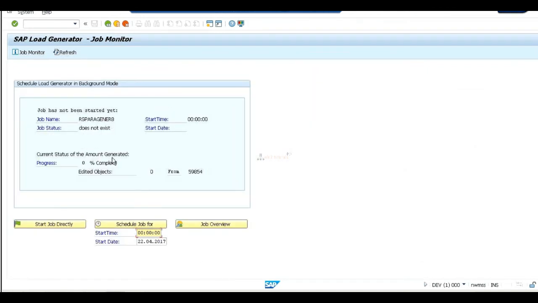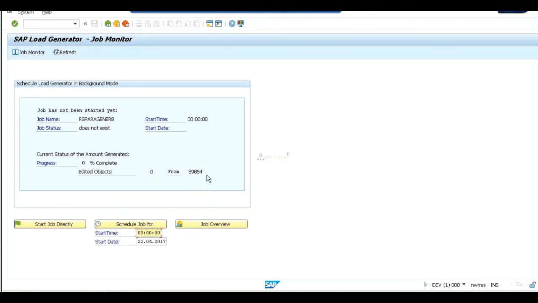See here, now we will schedule this report in background mode. Start directly in background. See how many objects it found: 59,854 objects need to be compiled now.